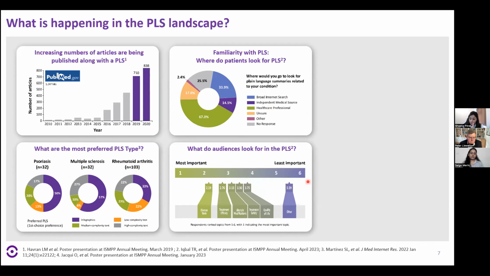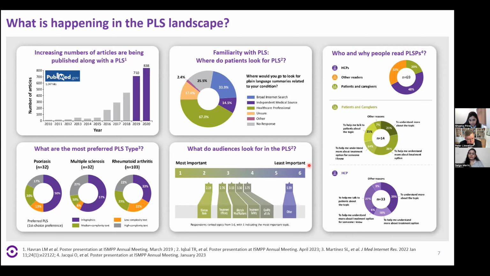And what are the audiences looking at in the PLS? Number one, the disease state. Why? They all want to know what the symptoms are, what they are going to go through, what they are feeling, what the problem is that they're facing. So basically, they want more information on the disease type. Then they want to know what the treatment requirements are, what treatments are available, whether any lifestyle modification is needed, and what the safety of the treatment is. These are some of the important aspects that patients or audiences look for in a PLS.